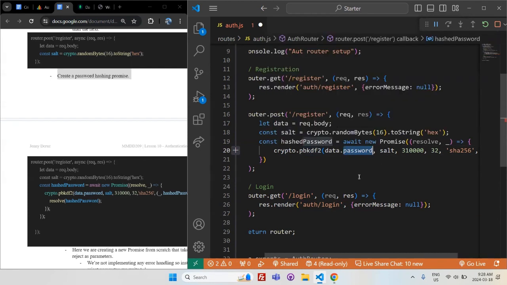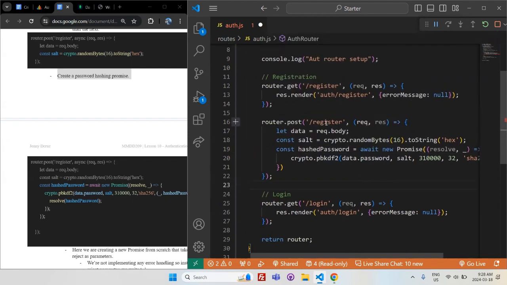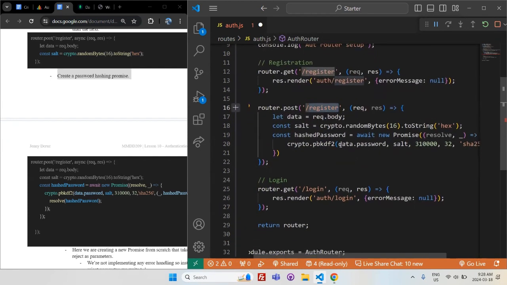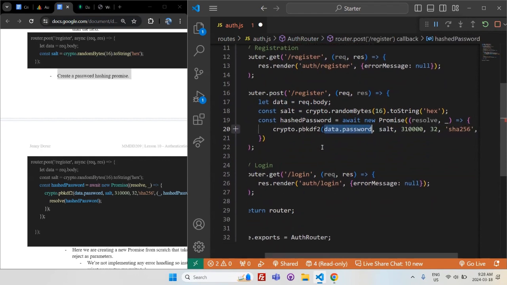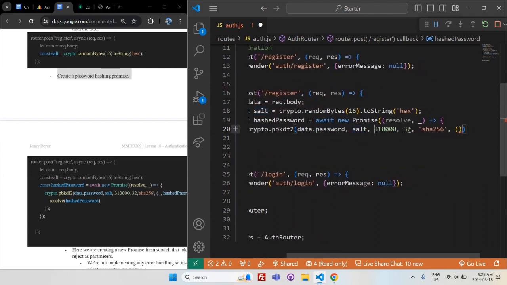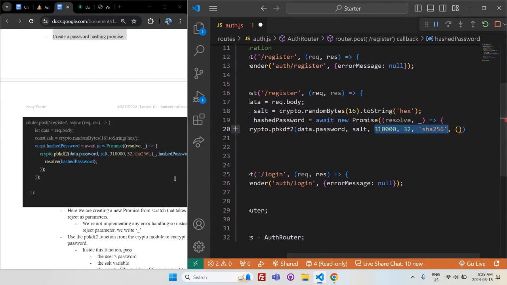We are not seeing it, but over the server, when the registration form is submitted, we are not storing it anywhere. We are passing it to this encryption function. We are passing that random salt that we have created. And the following three values are